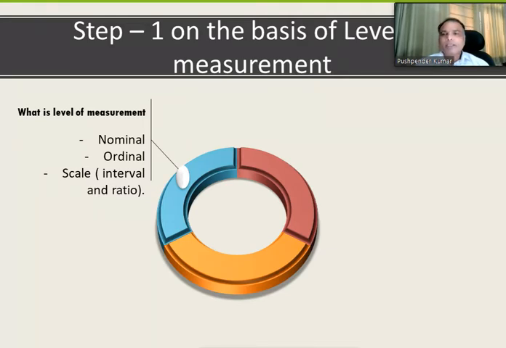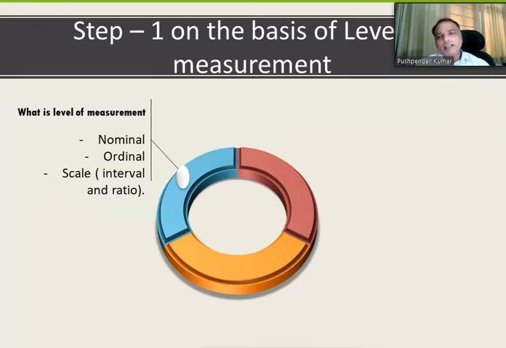data. Nominal, you are all aware, is about recognition or identification of a particular thing. For example, gender, male and female: we can give 1 to female, 2 to male. So this is a kind of coding. Here 2 is not more than 1, and 1 is not less than 2. It's very clear that male cannot be female and female cannot be male. So this is nominal. Then we want to see that something should be more or something should be less. So it could be low, medium and high.